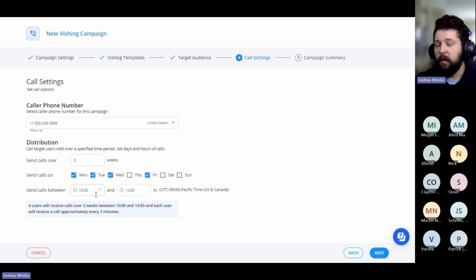Which is helpful as well if you need to run any sort of smaller finite test. Some of you may already have data on how often your employees are interacting with these phishing simulations, so you might want to finite your campaigns to the time of day that your employees are typically most phished. So we can do that all here as well. Once this looks good, going to reselect that day. Click Next.